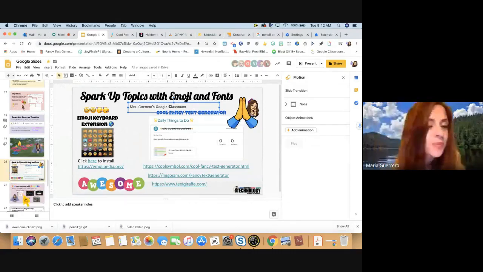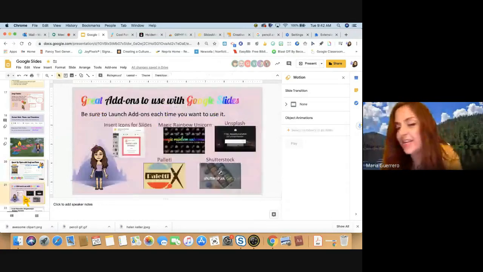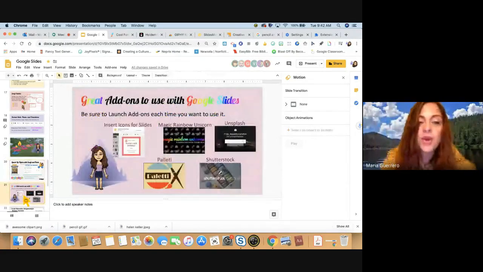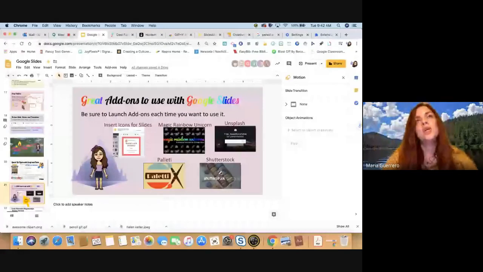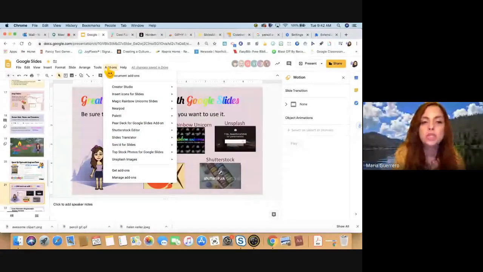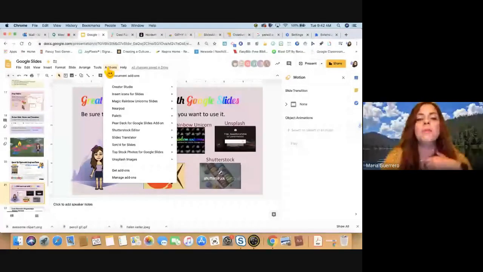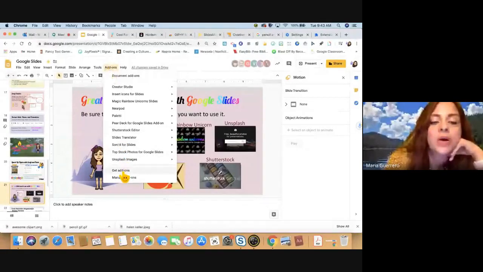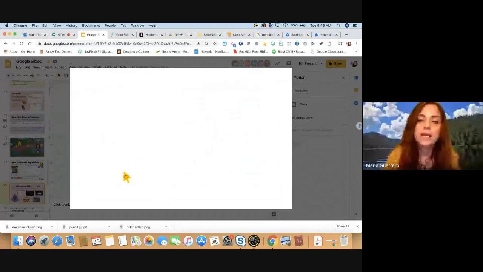Great. Okay, so moving on, other than extensions and other things that you can do, there are slide add-ons. Docs and other Google products, like surveys, have add-ons that you get from the same Google Workspace marketplace where you get your extensions, but these are just particular to the product. So these are just particular to Slides. I listed a few of them, and all you have to do is go to add-ons and press get add-ons,